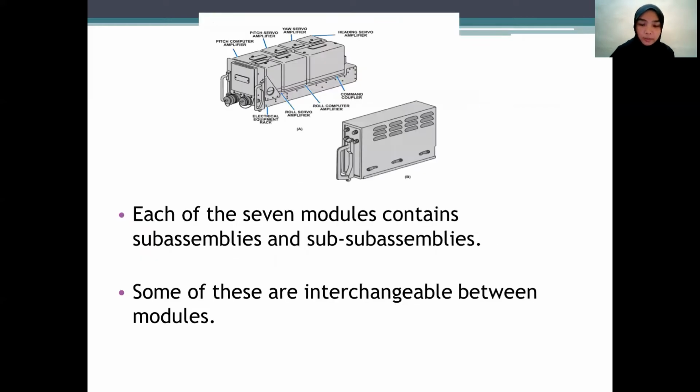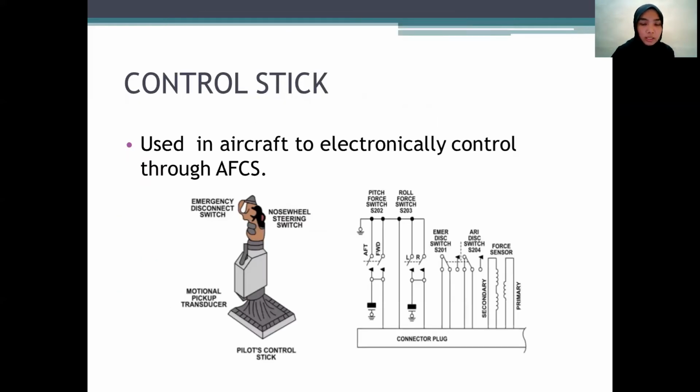The next one is the control stick. As you can see in the picture, this is the control stick steering component. The control stick is used in aircraft to electronically control through the AFCS. On fighters, the signals are generated in a unit such as the one labeled multi-channel pickup transducer, just like shown in the second picture. When the AFCS is on and the control stick is moved to the left or right,